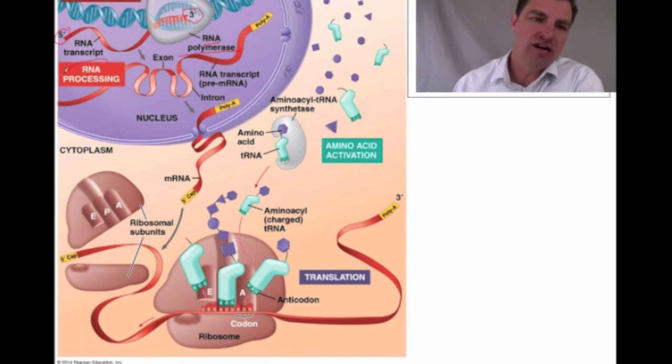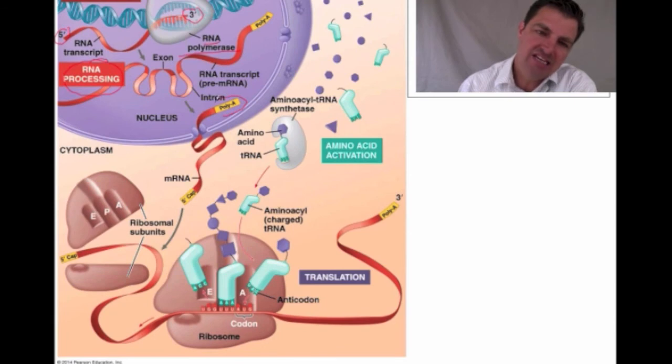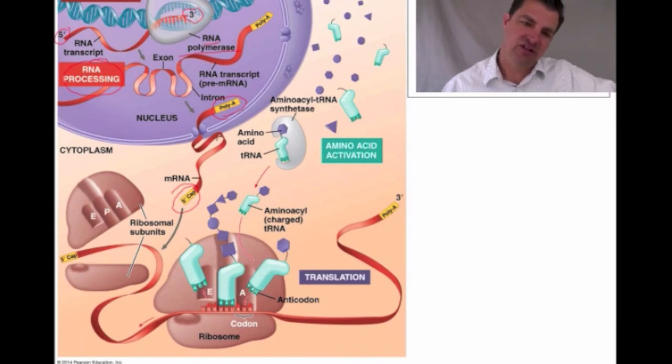That goes through RNA processing or editing, where I take the introns out and I get rid of them. And so what I'm left with is this mRNA. It has a whole bunch of adenines on one end and this molecule called a 5' cap on the other end. And so that's my mRNA. It comes out, and I'm reading now from 5' to 3'.